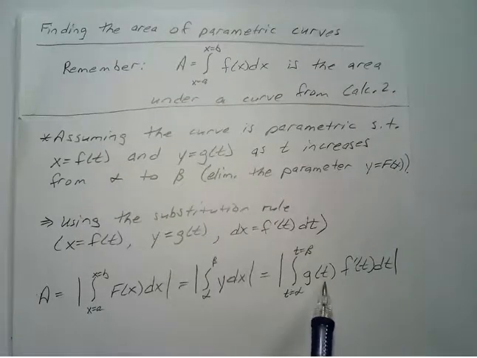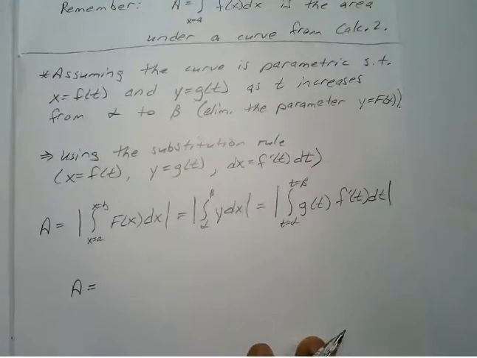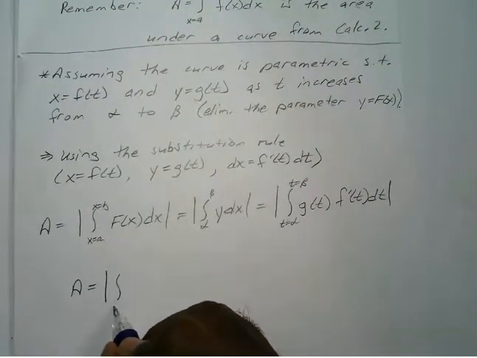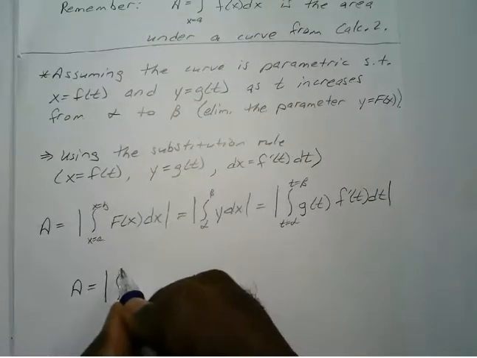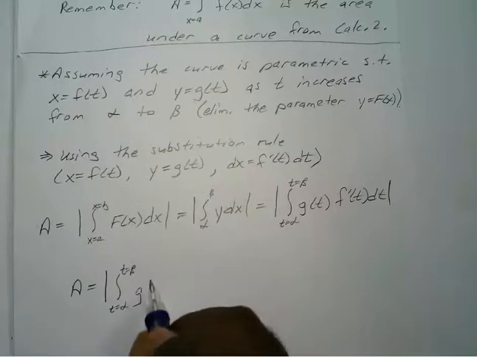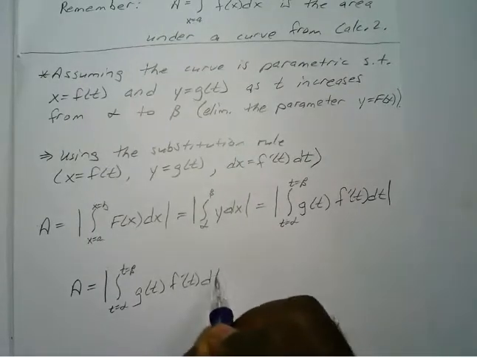So that gives us the formula we need to find the area of a parametric curve. To simplify that out, A is equal to the absolute value of the integral from t equals alpha to t equals beta of g of t f prime of t dt,